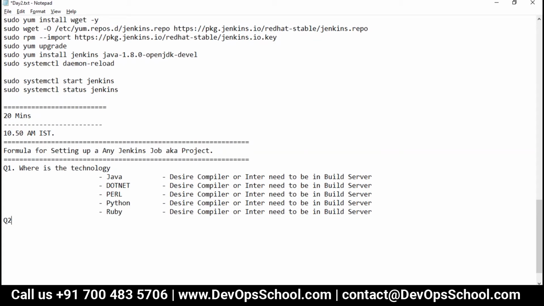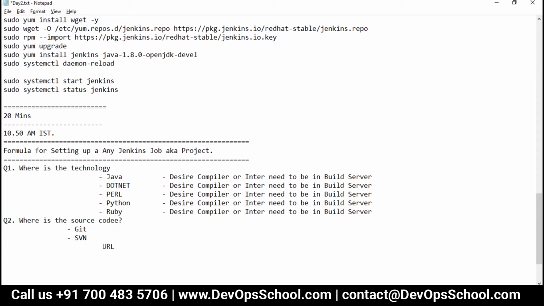Question number two: where is the source code? Is the source code in Git or SVN? What is the URL for it?